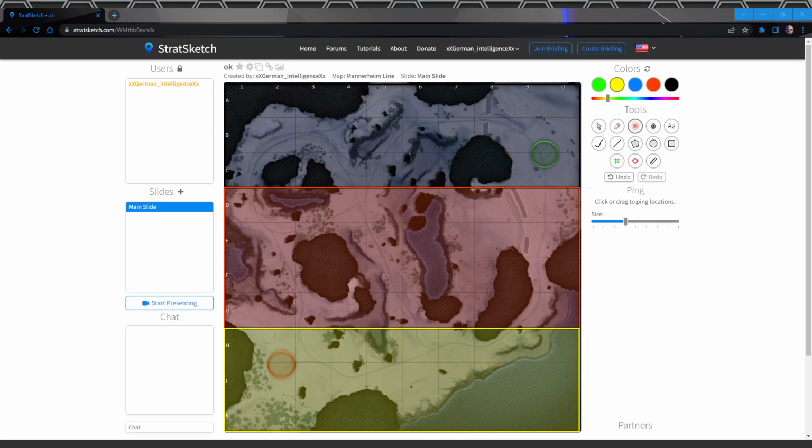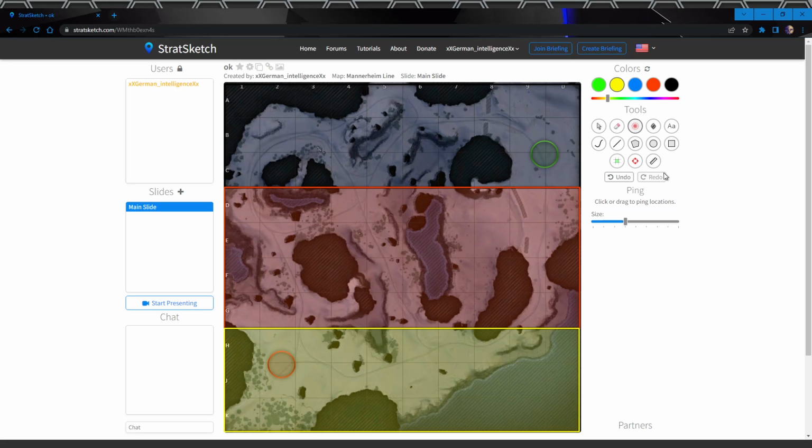Today we're gonna be talking about the Mannerheim Line map and how to play it in World of Tanks. Let's get started. Just before we start, from this side and this side, the heavy line is mainly, in